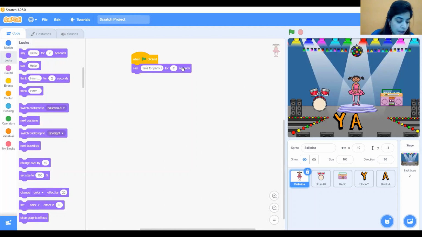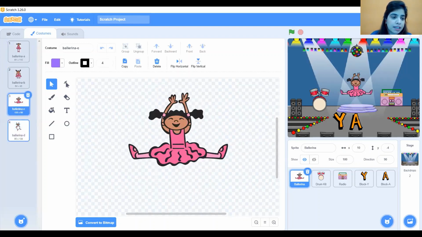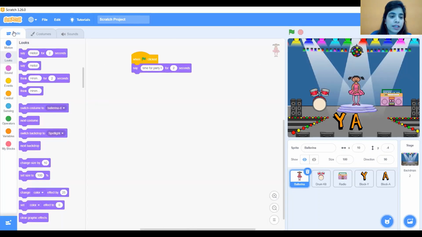All right. Now, after that, I want to change the girl's costume. When you click on this ballerina girl, you will see the costumes. There are 1, 2, 3, 4 costumes over here. This is ballerina B, this is C, this is D. Okay, so what I'm going to do is give another command